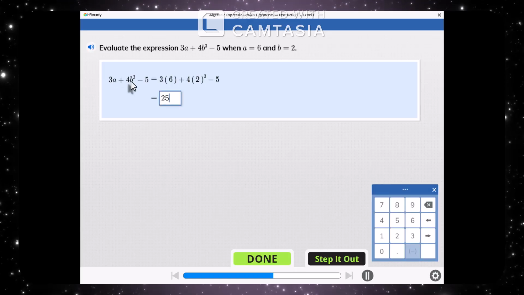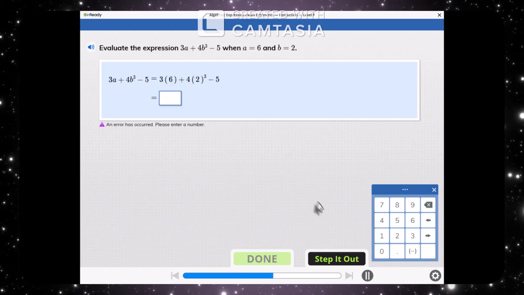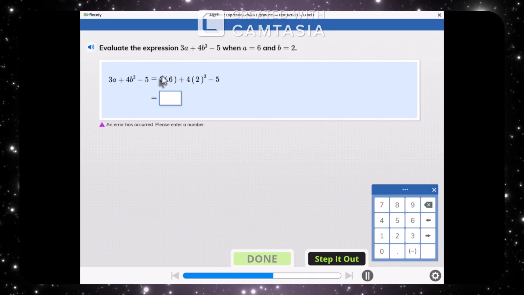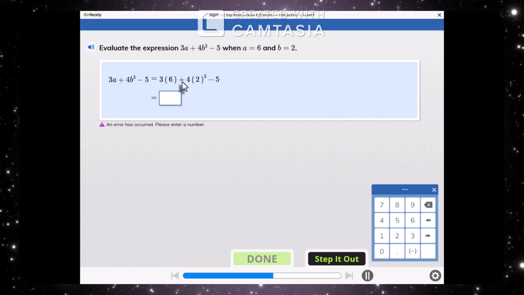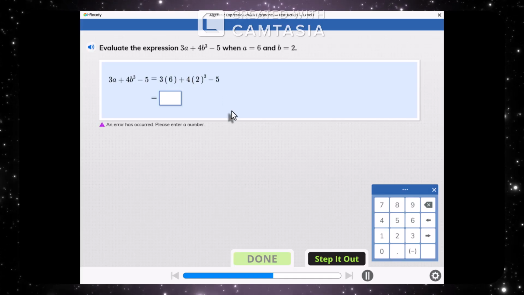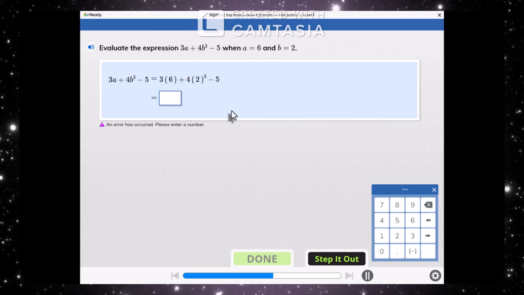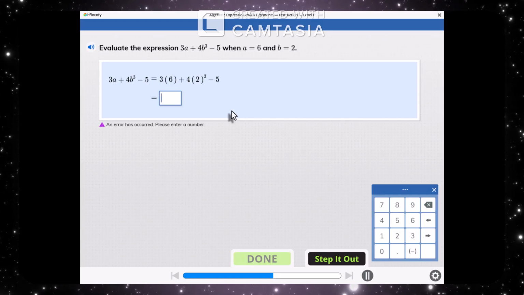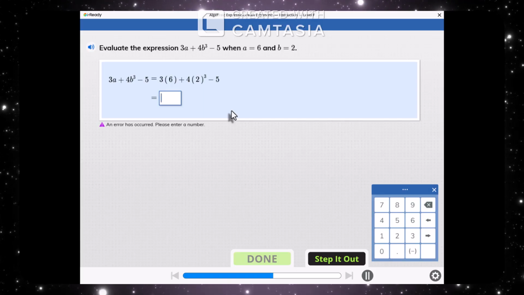Okay, I'm gonna do this by myself. I'm not gonna use the step it out button right there. I'm not gonna use it. Okay, so then 3 times 6 is 18. Plus 18 plus 4? No. We have to do this first. Okay. So then